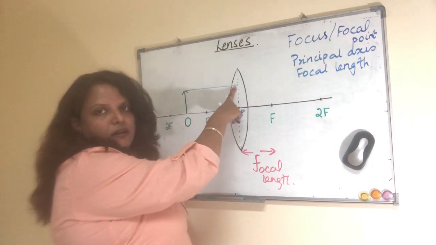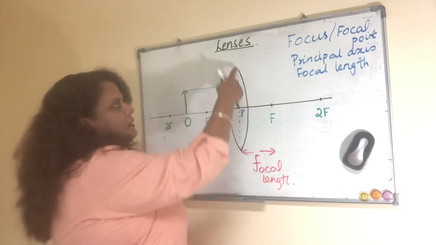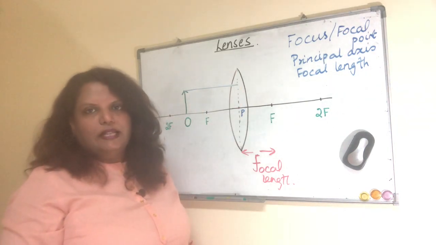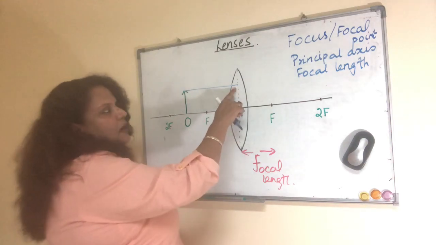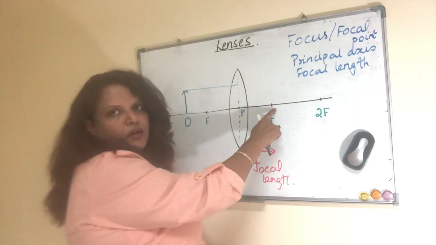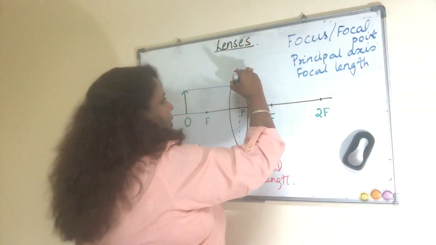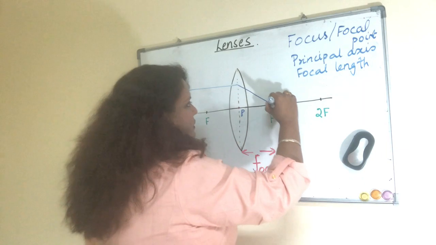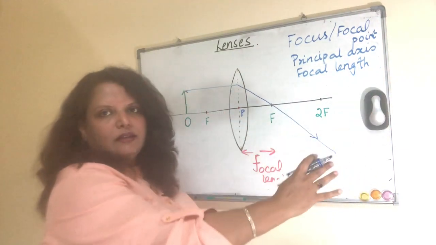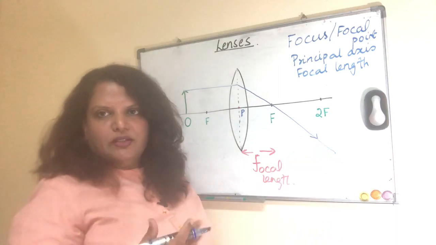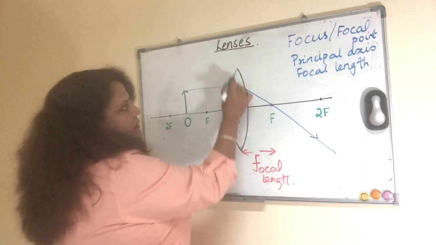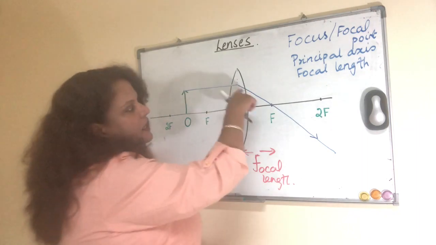You have to bring the parallel light ray till the midline, or the middle of the lens, right? After that, how will it behave? All parallel light rays should pass through the focal point, correct? So you need to connect that to the focal point. So extend it as much as you can till the grid is there, or till the edge of the page. That's easier, you can save time later on. So the first light ray parallel, it has to come till the middle of the lens, and then it passes